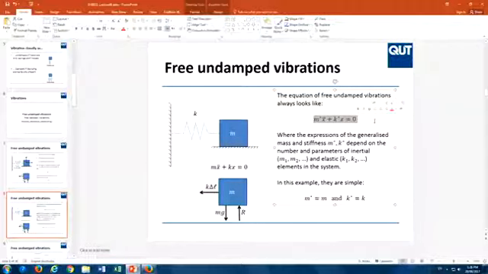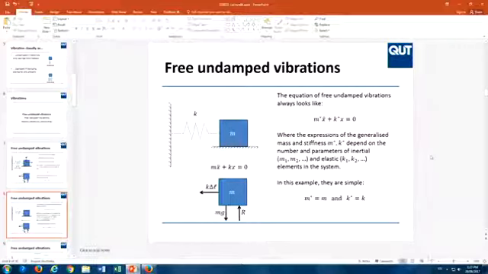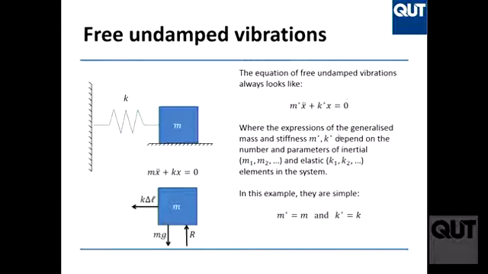Doesn't matter how many springs, how many dampers, and how the system is tilted, vertical, whatever. You always get this kind of equation where m star is a certain number and k star is a certain number. In this particular case, m is equal to the mass of the body and k is the stiffness of the spring. It's very simple. But in general, they always take this shape. Sometimes m is something more and k is something more, but you always end up with an equation like that.